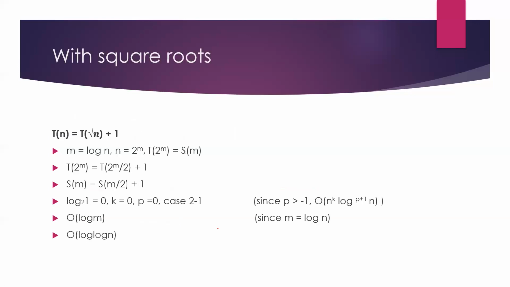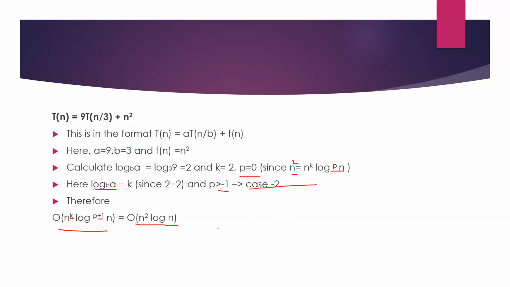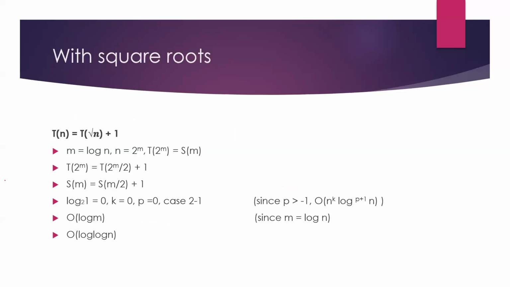So the next one is a simple example, a special case where we deal with square roots, because the point of this entire equation is that here we don't deal with n in the expression, we do deal with root n. Generally we have T of n in the expression, but here we take root n. So how to solve this kind of equation is we'll consider n is equal to 2 power m.